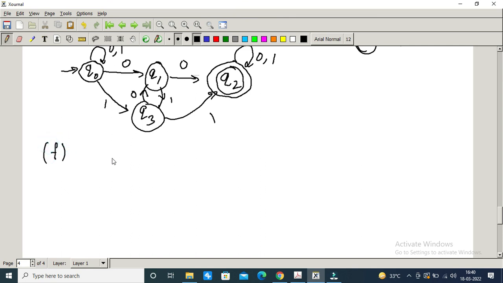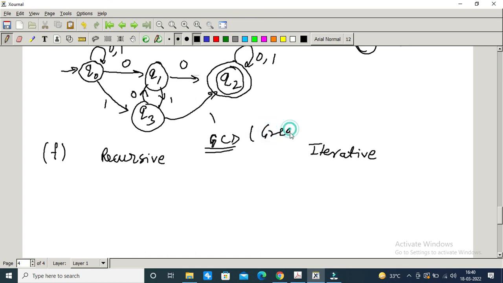Okay, they are asking that you have to write the algorithm for both recursive and iterative for the GCD, right? And we know what GCD is, which is your greatest common divisor, right? Greatest common divisor. आपसे पूछा गया है कि आप एक रिकर्सिव एल्गोरिथम भी लिखिए और आइटरेटिव भी लिखिए